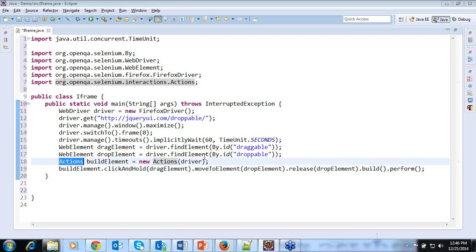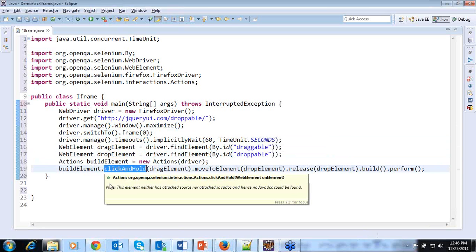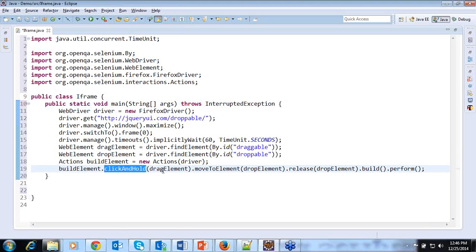Now what happens? It will launch the browser. It will maximize. It will switch from the main window to the frame by using an int number. Then it will take into consideration the drag element as well as the drop element, and here we have used a method called clickAndHold on the drag element.